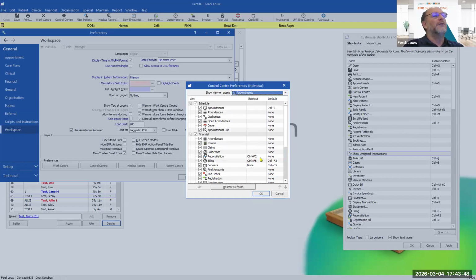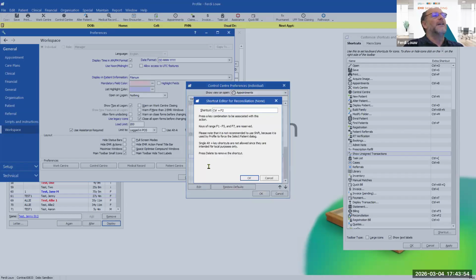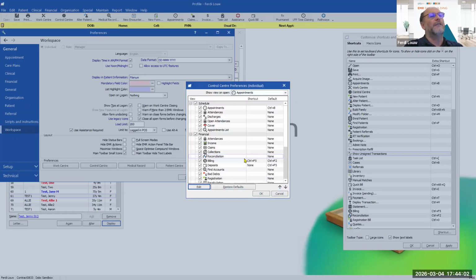So if you don't want to use Control F for reconciliation, you can click there, and you can say you want to edit it, and say, no, I don't want to use Control F2 there. If I just press delete, then that goes away. Then I can use Control F2 for something else, like I want to use it for billing maybe. So that way you can change these keys as well.